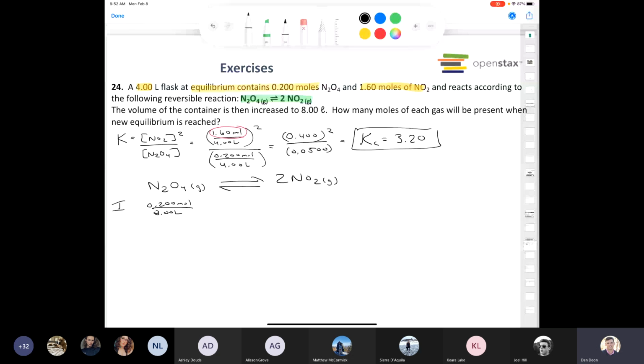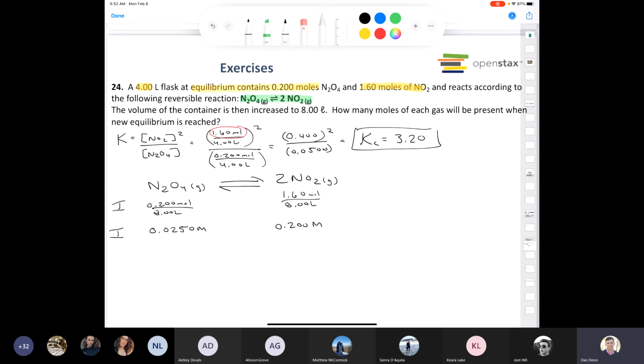I know that many of you can do the math in your head. That's cool. And 1.60 moles divided by 8.00 liters. So that means that our initial concentrations are 0.0250 molar and 0.200 molar. Now, I could calculate Q at this point if I wanted to, but that would involve more calculations